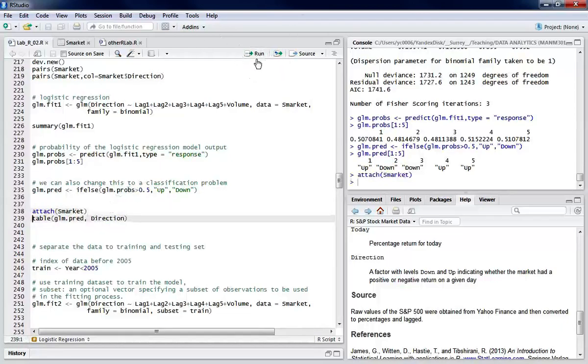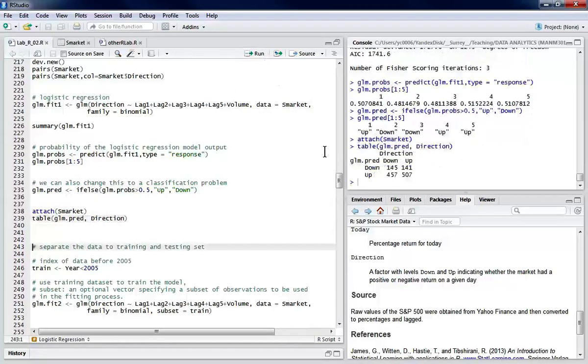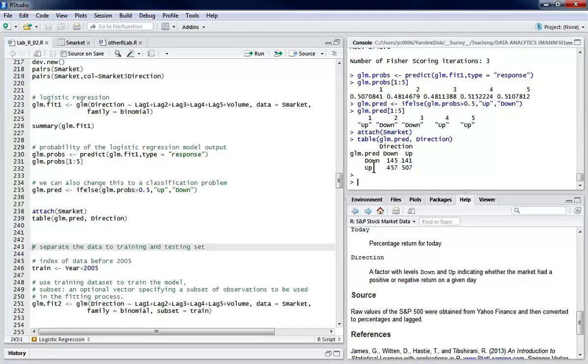So if we attach this and use a function called table, we can generate a confusion matrix. This is very similar to a confusion matrix. The first column is the prediction results, the prediction of down or up. And for the rows, it's the real directions. So this table means, for the real direction down,